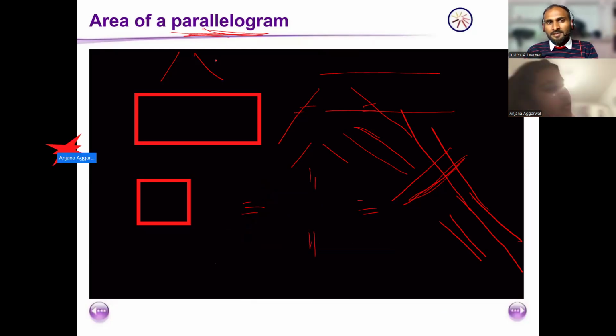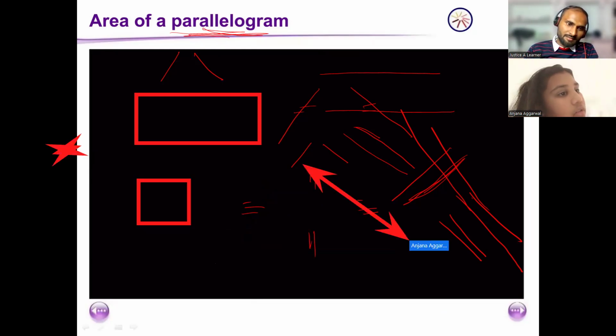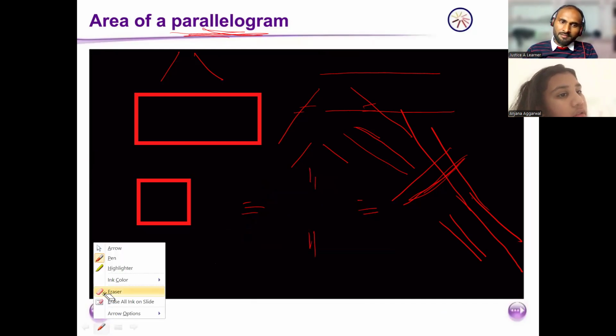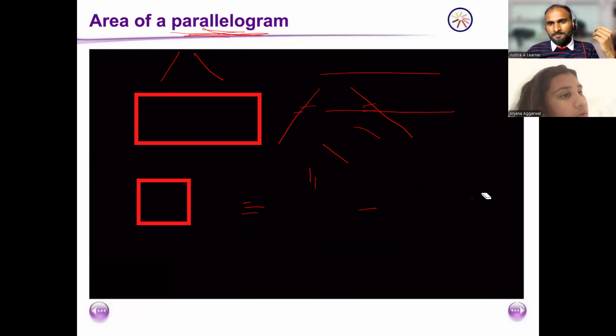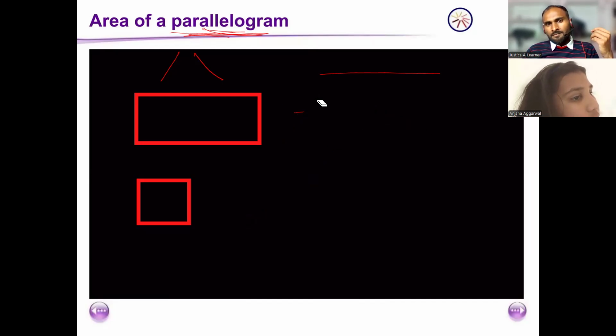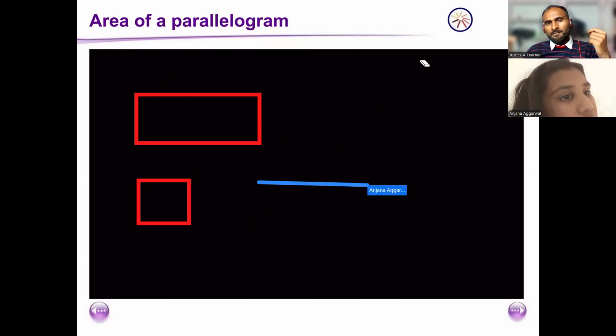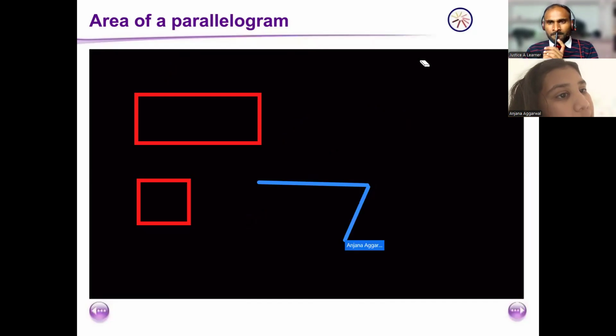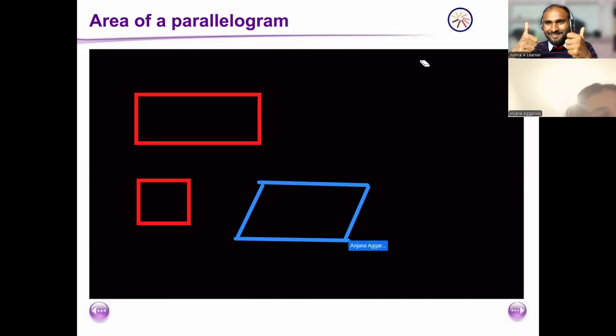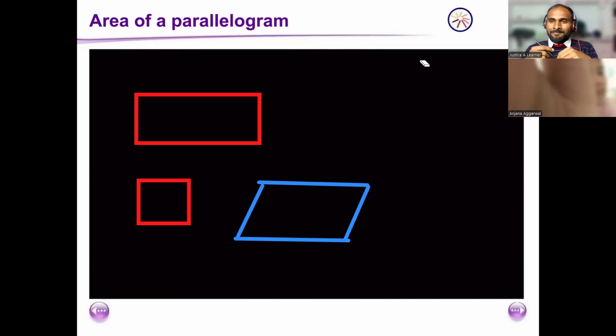Yep. Should I try again? Yeah, try again. Go ahead. If I think it would be... Yeah, yes. You got it. Right. Nice, lovely. So this is a parallelogram because now we see both of the pairs are going to be